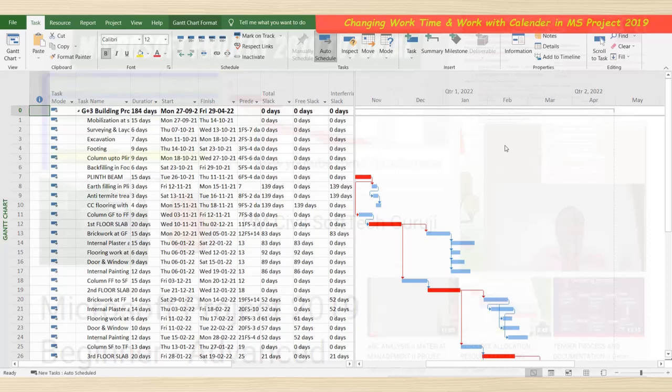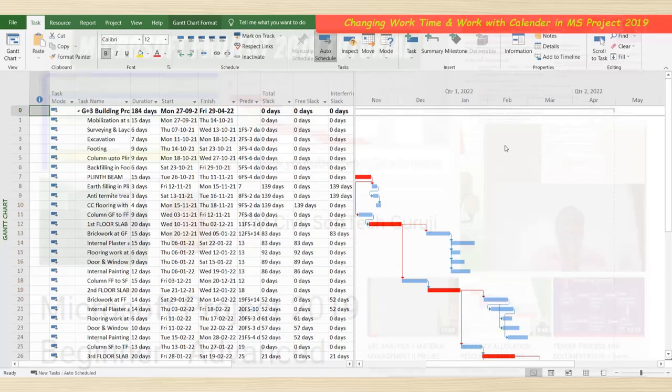Then project reports, then combining multiple projects and resource pooling. What is meant by resource pooling and how it works in MS Project 2019. Then we'll see recording macros, how to work with macros, what is meant by a macro or what is the use of this macro.